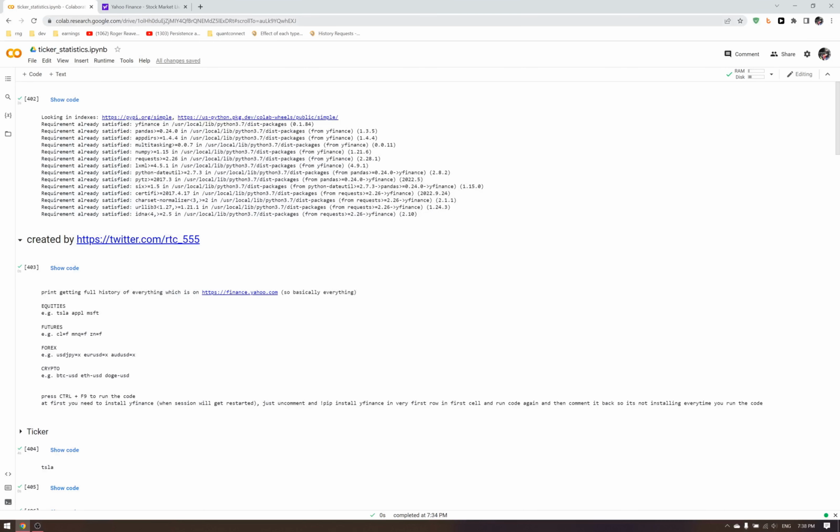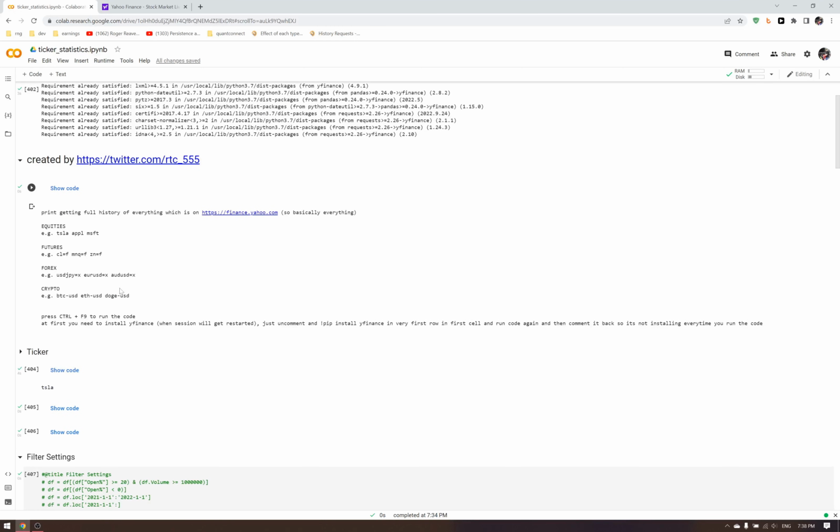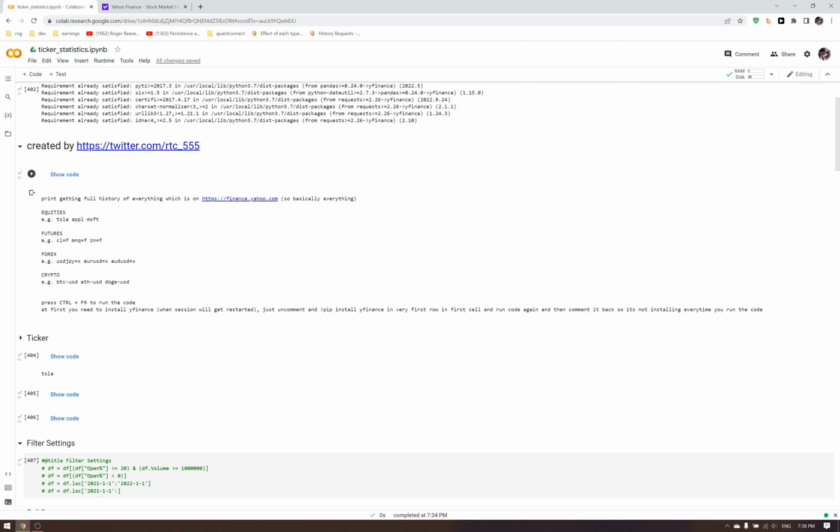Today I discovered this Colab research. So I wrote this tool for ticker analysis, and I'm taking data from Yahoo Finance, so basically every asset class and full history. And here I wrote some examples for equities, futures, forex, crypto,